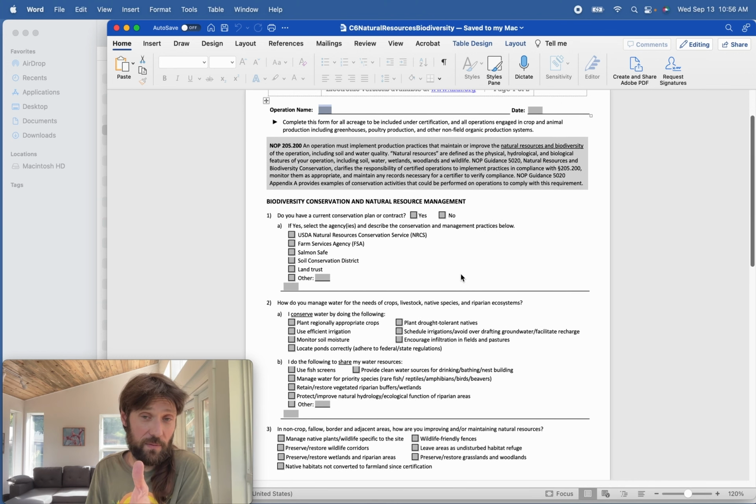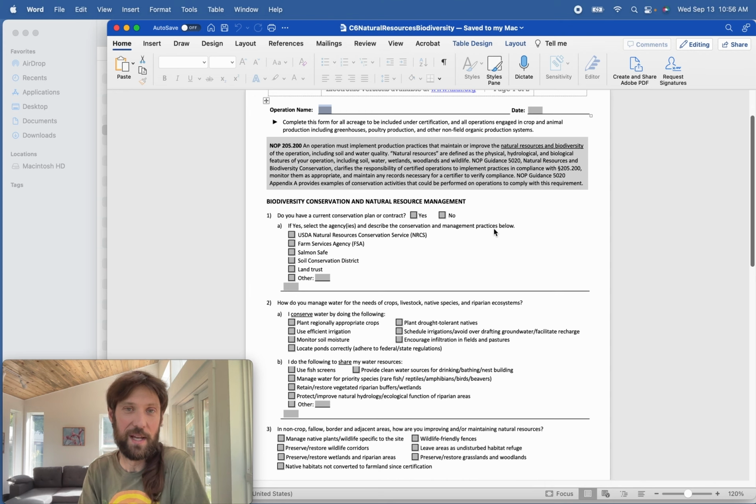Do you have a conservation plan? Some of our applicants are actually already working with the NRCS. We have people at Tilth that are in coordination with the NRCS, and so we maintain a pretty tight relationship with them. And then we have other partnerships here, Soil Conservation District, Land Trust, all these sort of things where maybe you have a management program for your natural resources, which, by the way, does not have to be something like